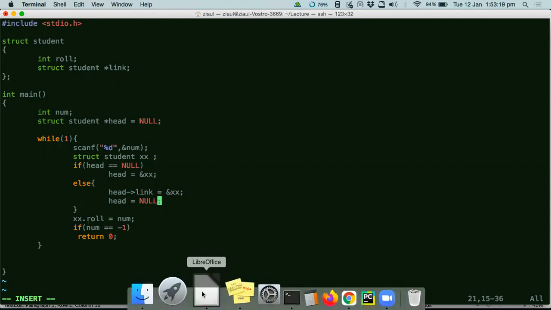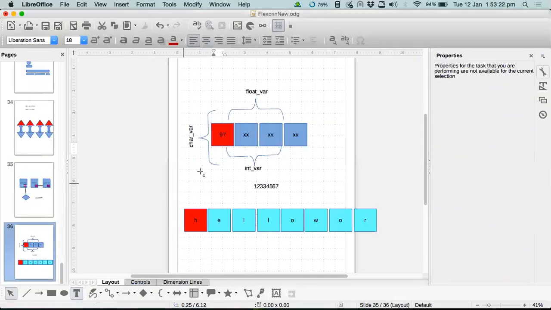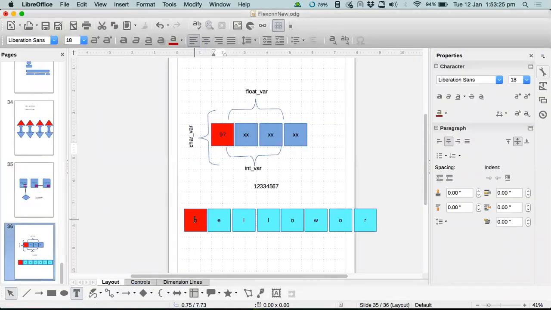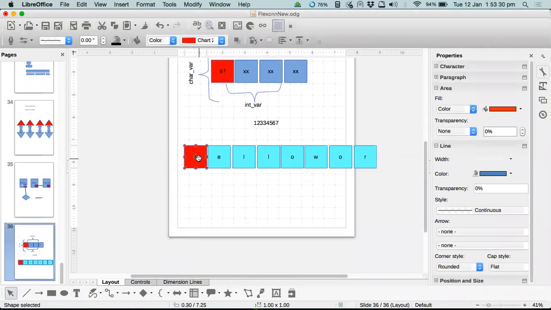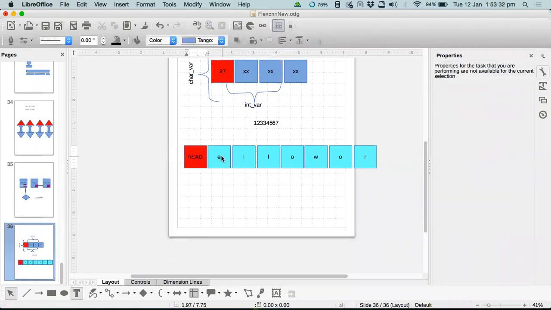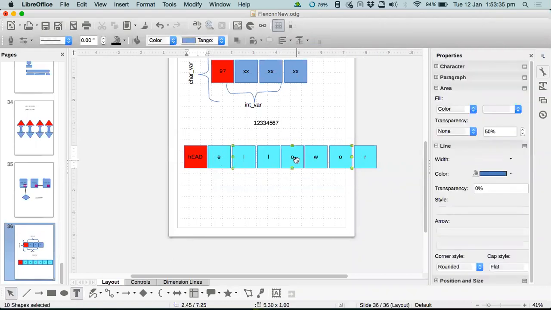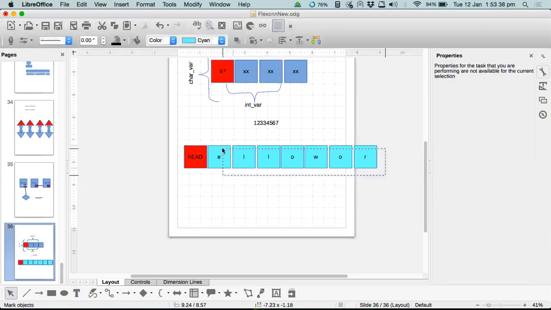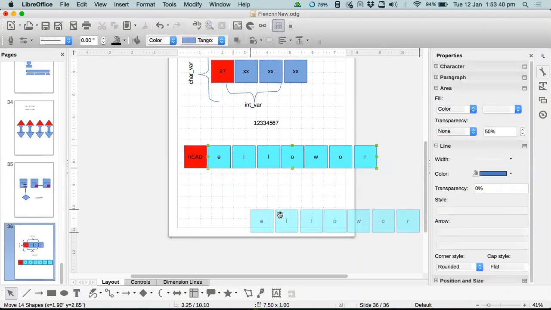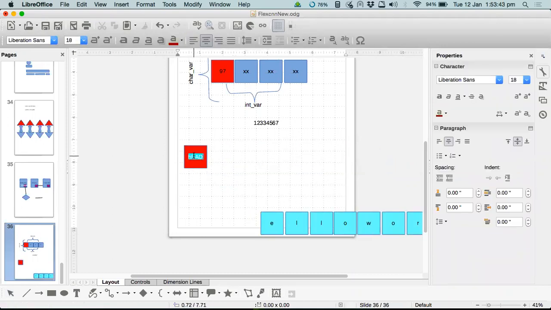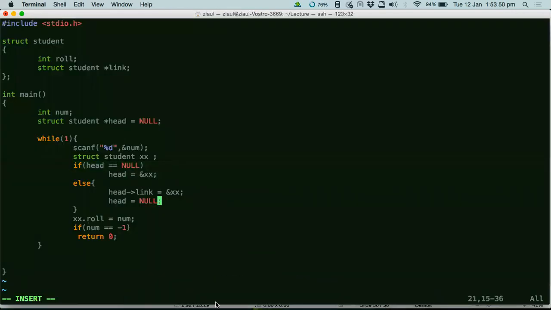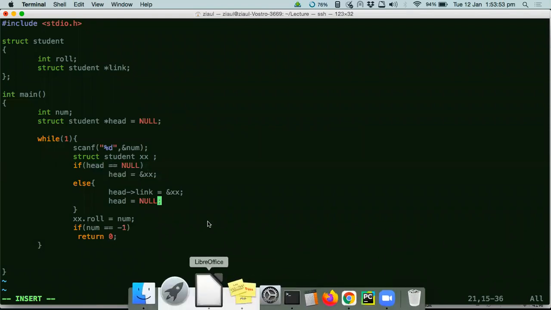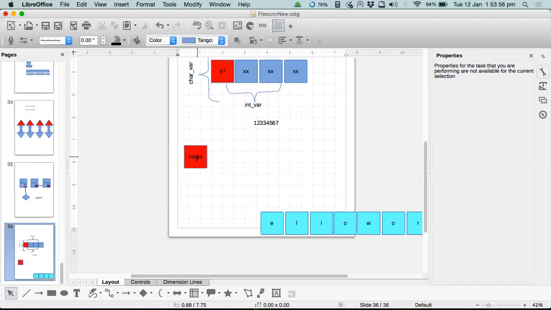See, I will just give you a picture, and then I will go and be done. Let's use this struct figure only. See, this was where the head was, right? In the very first iteration. Let's say these are your structures which are not there yet. This is your head, which is pointing to the first. In this condition, in the first iteration, you made head point to the first thing that you got from memory.